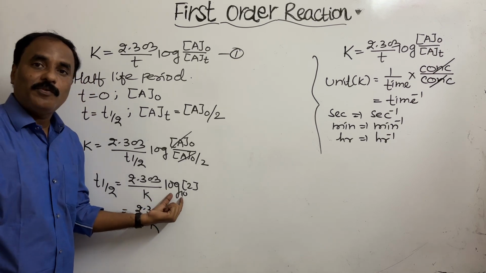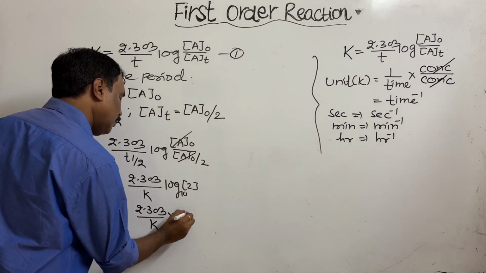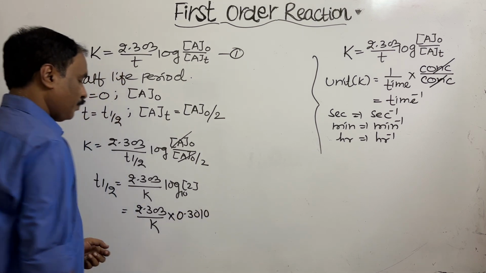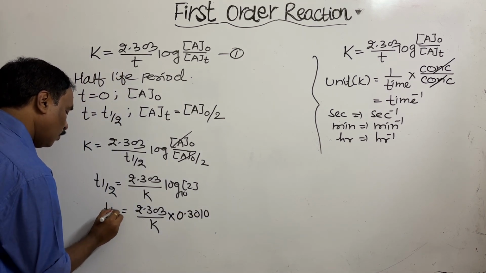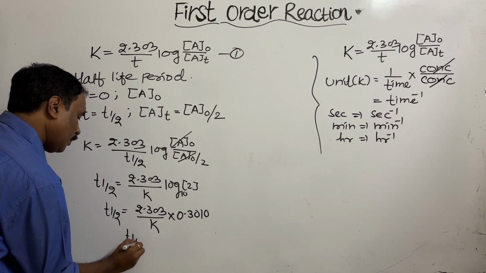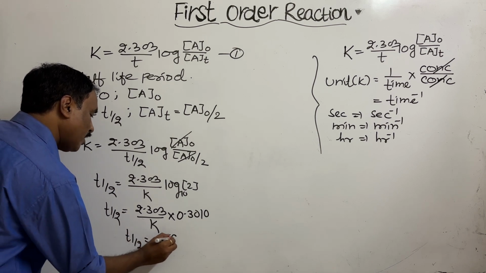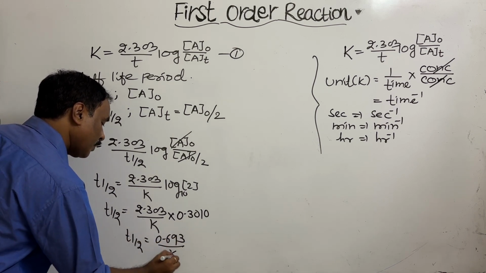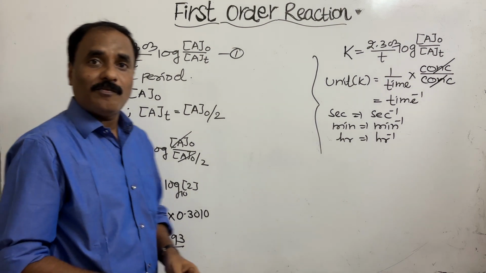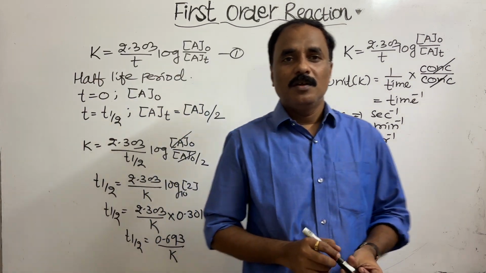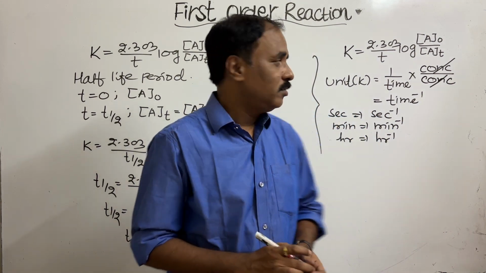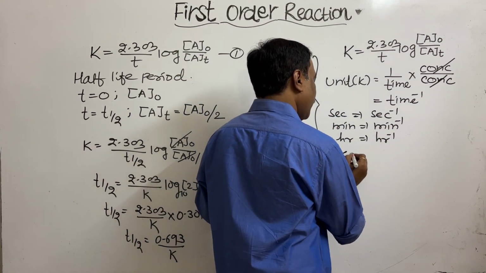Now what is the log of 2? It is 0.3010, यानी t half is equal to 0.693 divided by K. This is the half-life period in case of what? First order kinetics. In a zero order reaction, we know that in case of zero order reaction,